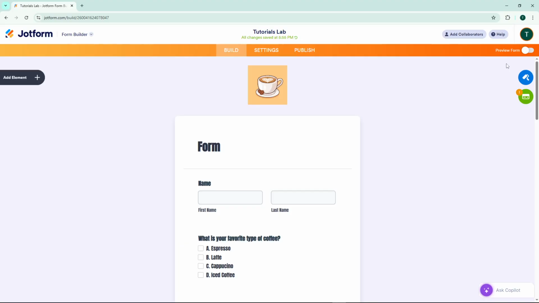your form. Finally, to see your changes in action, toggle on the Preview Form switch located in the top right corner of the screen. This will give you a live preview of your form with the custom CSS applied, allowing you to verify that everything looks exactly the way you intended before publishing. And that's it. You've successfully injected custom CSS into your Jotform form, giving it a unique and professional appearance tailored